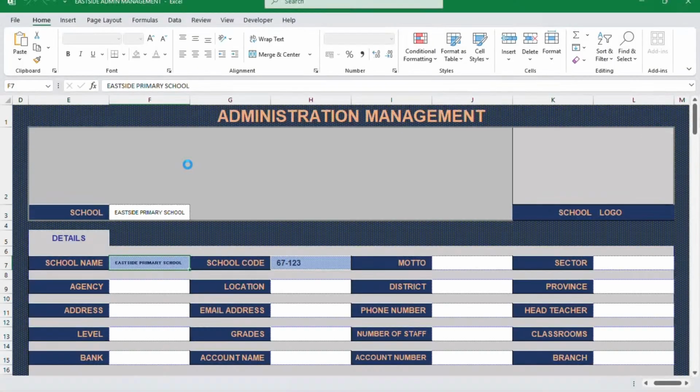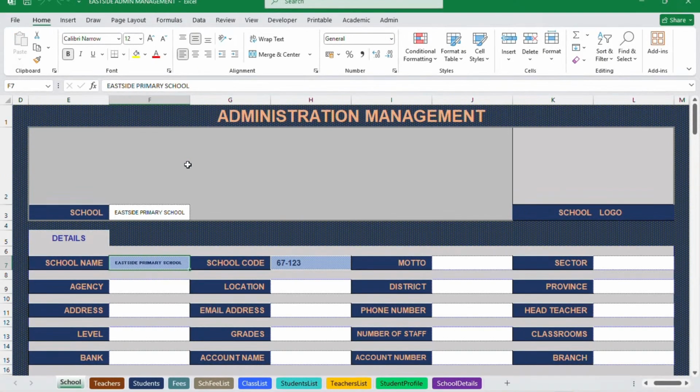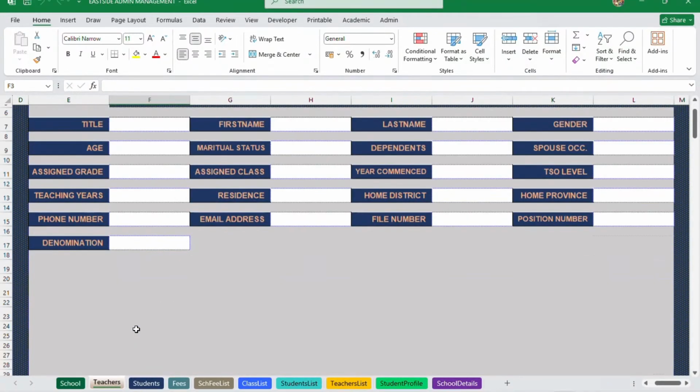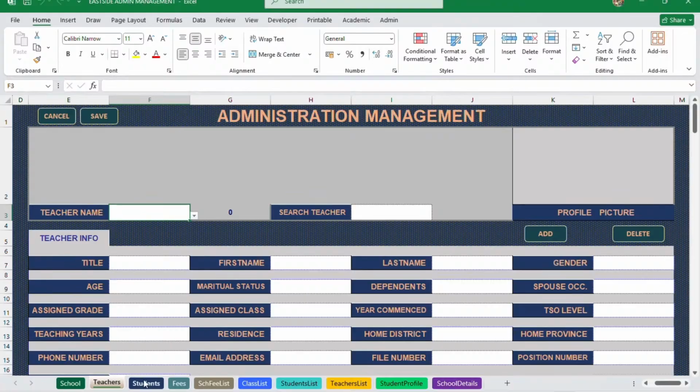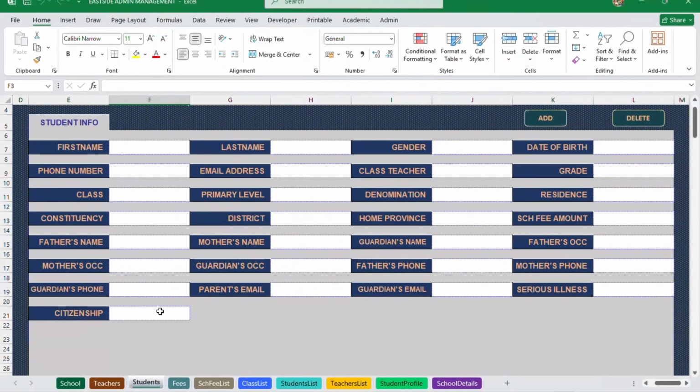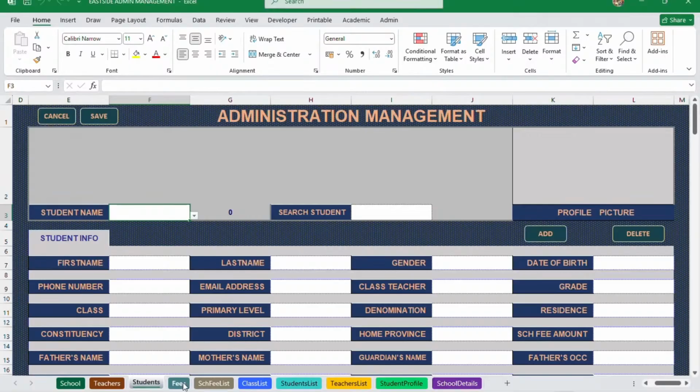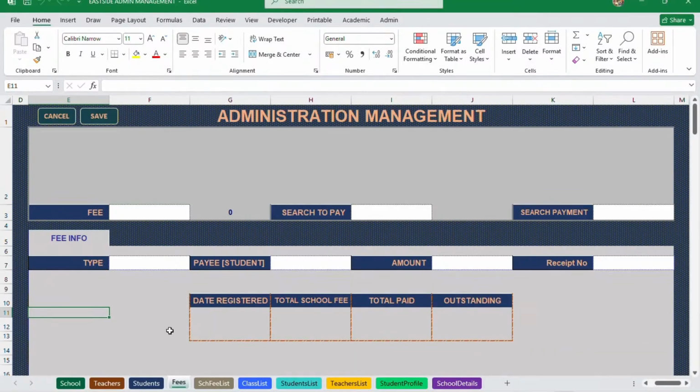When it opens, you'll find the page showing the school form. That's where you'll enter the details about your school and click on Update button above to save. Click on the next sheet labeled Teachers. That's where you record the teachers from your school into the system. The following sheet labeled Students is where you record the students, followed by the sheet for recording the school fees or project fees,